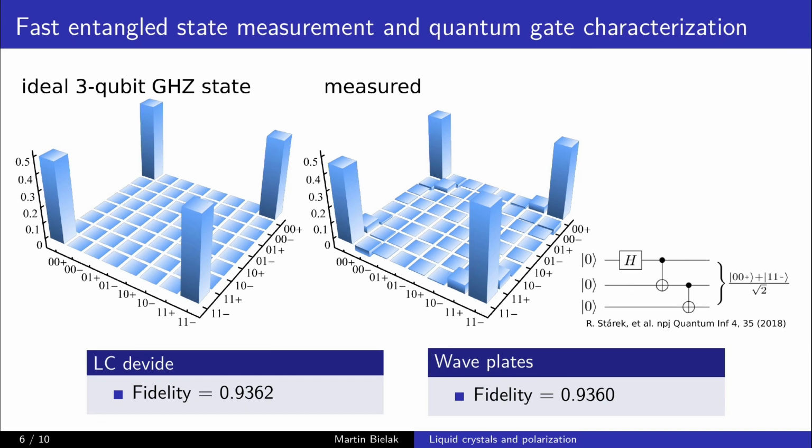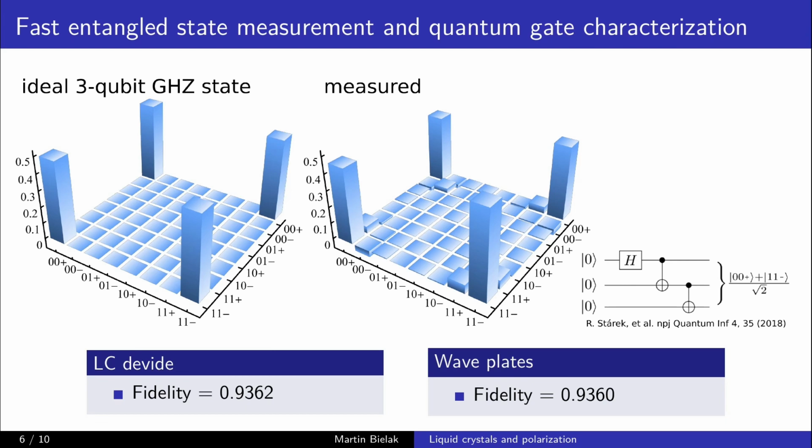First, we reconstruct the three-mode entangled Greenberger-Horne-Zeilinger state using three pairs of waveplates, and then a liquid crystal device. The fidelity of the state measured using the liquid crystal device and the waveplate polarimeter reaches 97%, limited primarily by